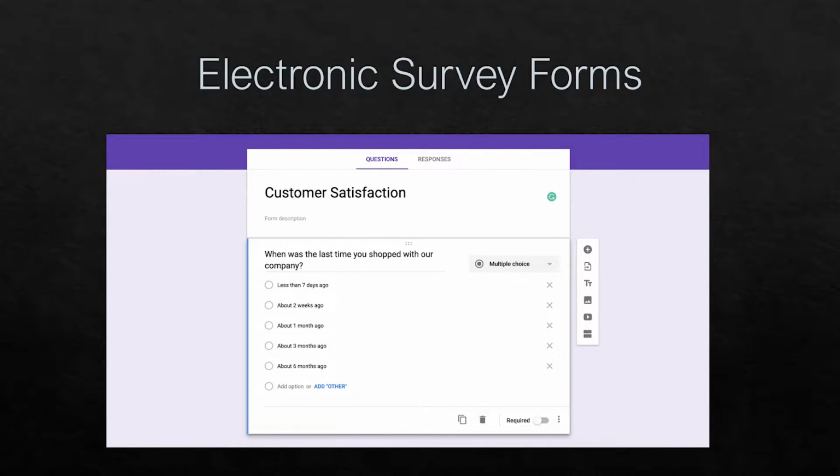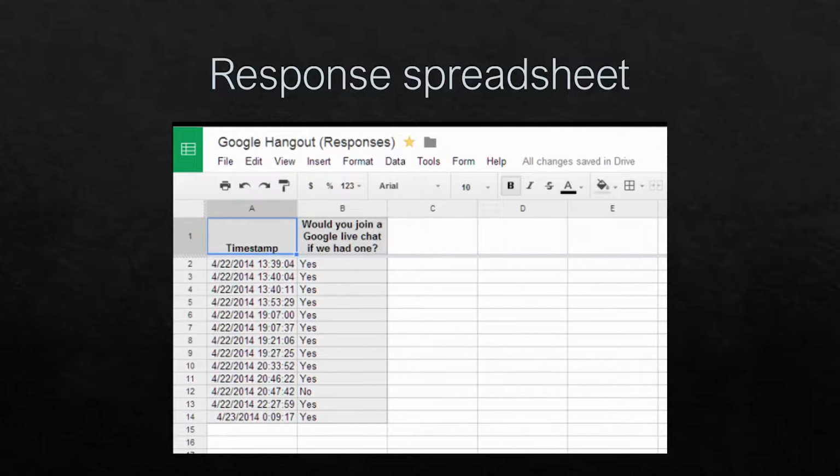When you use an electronic survey form like the one in Google, this is an example which you can create using your Google account. You can actually summarize this, or the application has an automatic summary for the responses, such as this one. It has a timestamp and all the responses given by the particular respondent on that survey. Now, if you can process it here, that's fine.